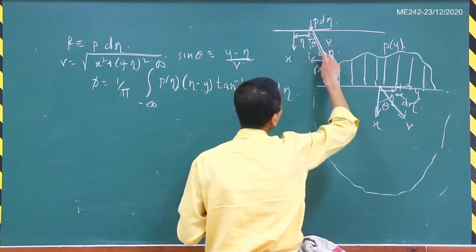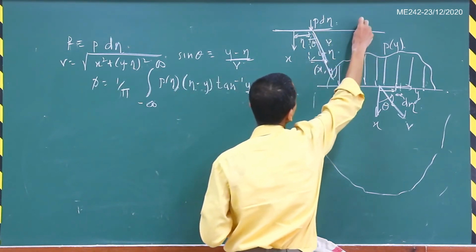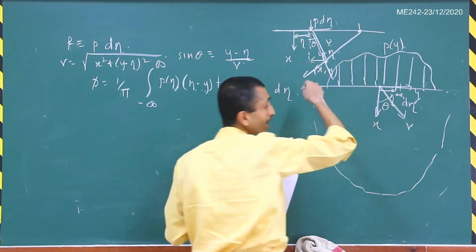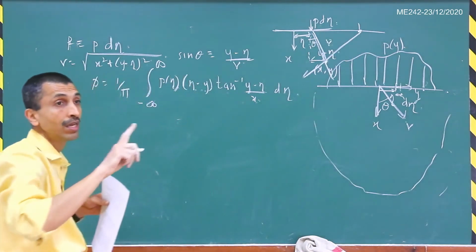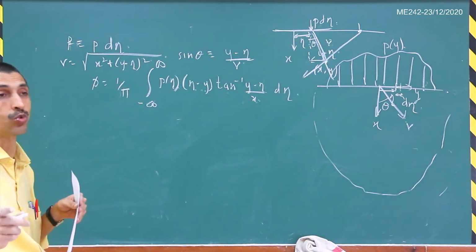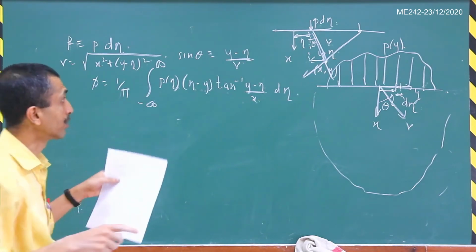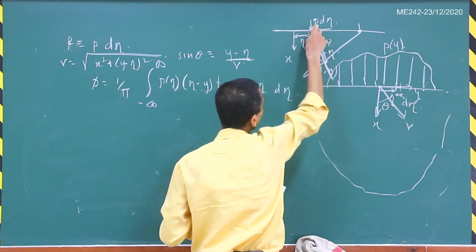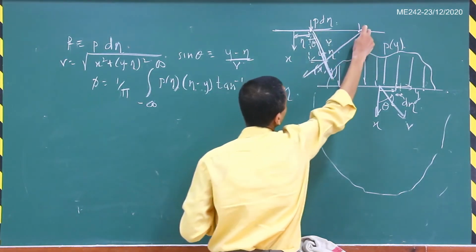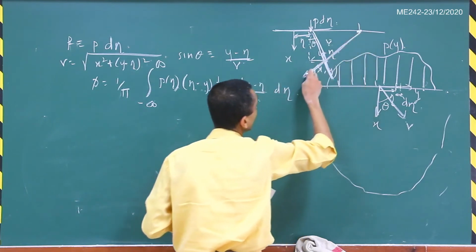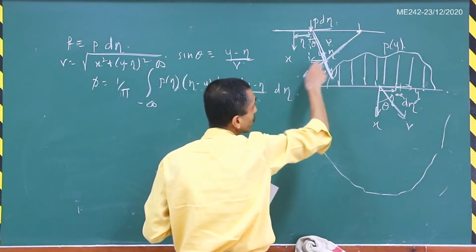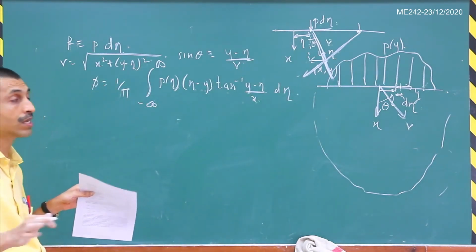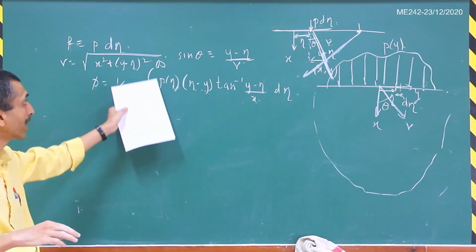Because what is radial for this particular thing will not be the same direction if I take a point here and the load. So if it were a vector along the radial direction, you have to be very careful. You cannot simply superpose in that case, because the radial direction as per this local coordinate system here will be in this direction. But if you take a local coordinate system here, then it is in some other direction, and so you cannot superpose these two directions. But here, this is just simply a scalar quantity, and so we can superpose, and that's why we can just simply integrate it from minus infinity to infinity.